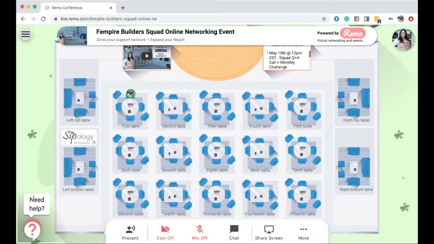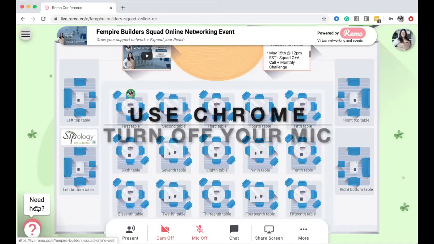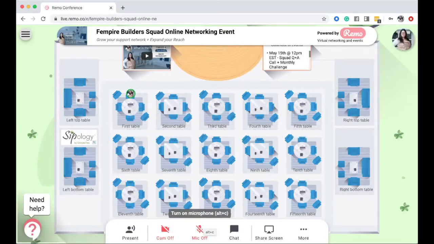If you have any problems with your audio or your video, you can click here, and the Remo chat function will allow you to chat with the tech people behind Remo and get those answered for you. A couple of quick and easy tips: make sure that you're using Chrome. Turn the mic off, which you can do down here, if you are not talking. That allows us to make sure that there's no feedback, it's not really loud, and undue sound isn't